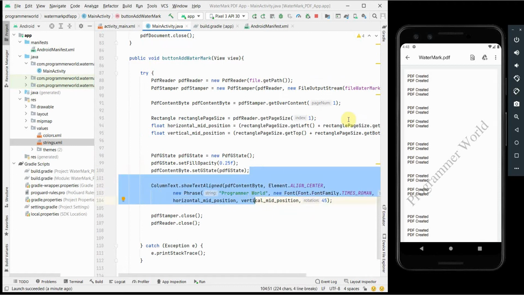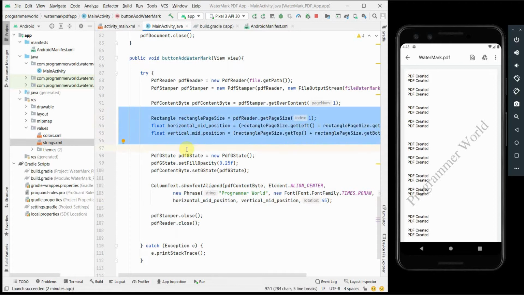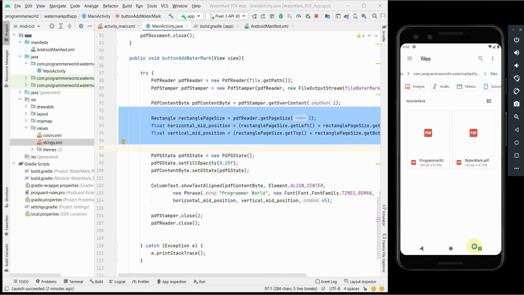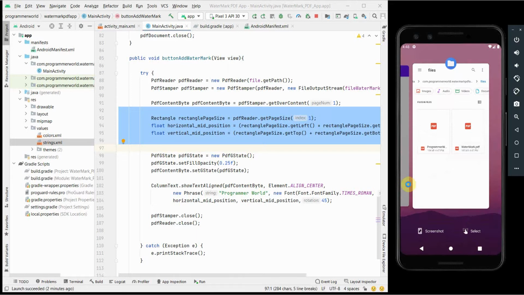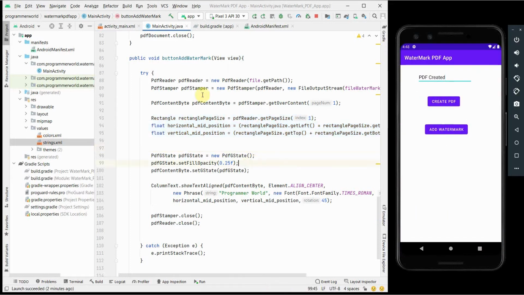That's all. I just want to repeat one thing. Please note that here we have taken care of just one page. If you have to do it for more than one page, you have to iterate it in a for loop over here, and that's the only other thing left. But the rest of the things look good. So that's all I wanted to show in this particular video. It's very easy to add the watermark. Basically the method you have to use is PDF Stamper from the iText library, and that's all.